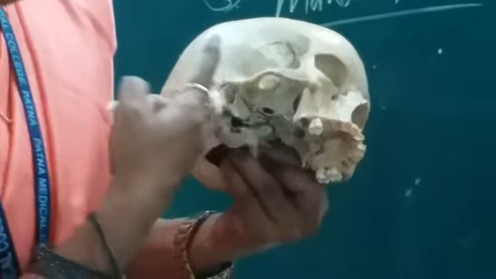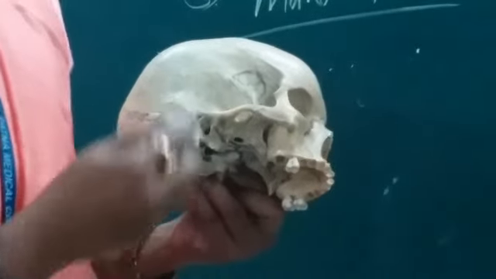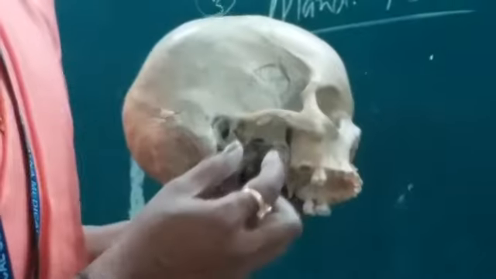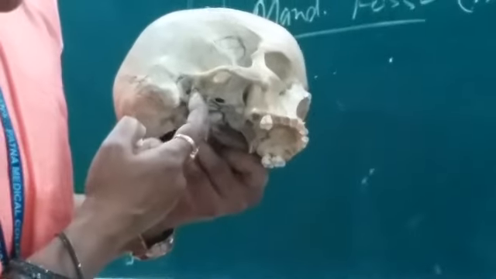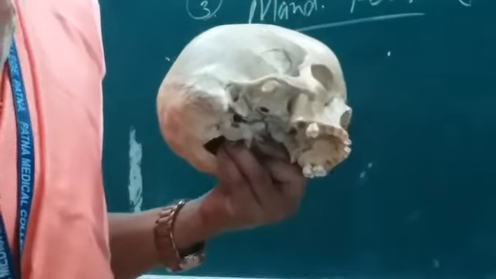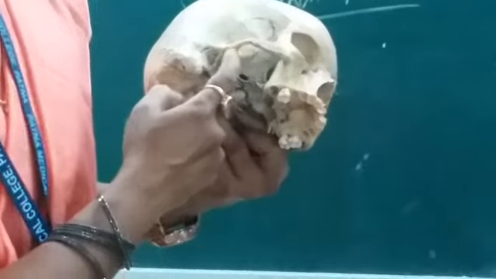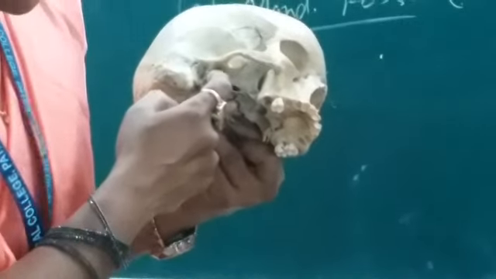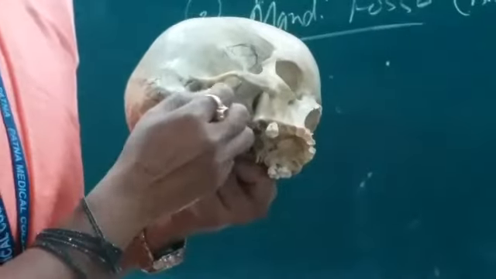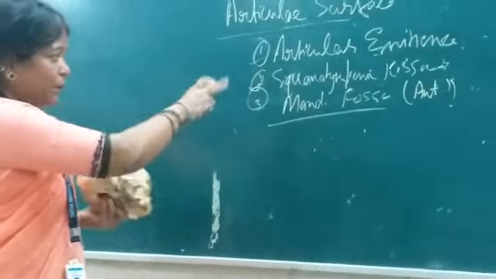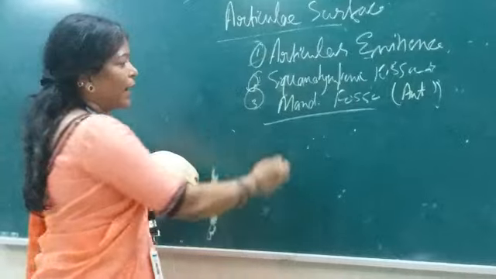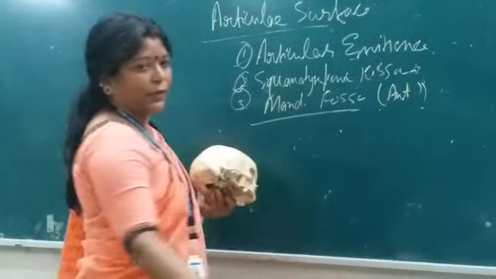This temporal bone has so many components. One of them is the squamous part, another is the tympanic part. The tympanic part is where the parotid gland lies, posteriorly, and this is the squamous part. So a vertical fissure is here where there is the bony attachment of this joint, and another is the anterior mandibular fossa.